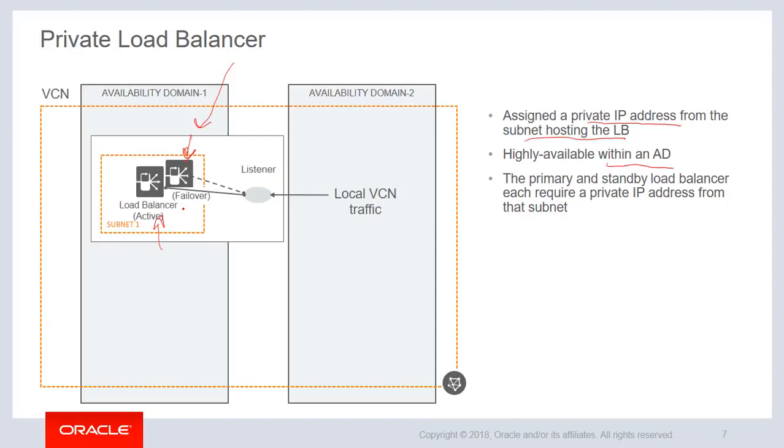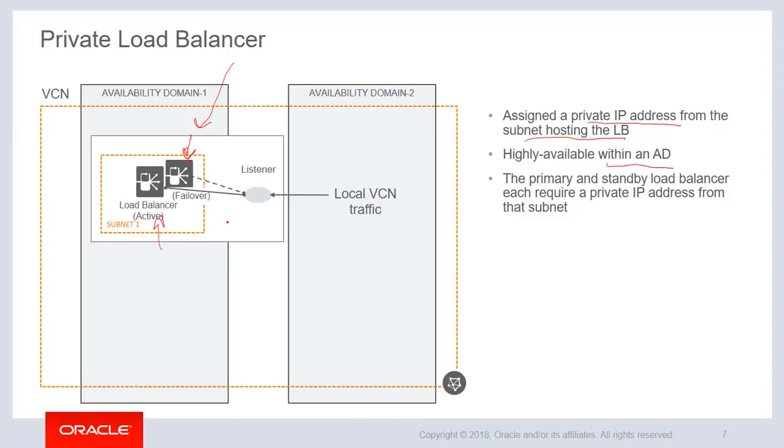The use of a private load balancer is to balance traffic between the different tiers of your application. So let's say you have a front end, you have a database, and you have an application tier. The private load balancer can be used to balance the traffic between the front end and the app tier, and the app tier and the database tier. And you don't have to have a load balancer in both those places. You could have a private load balancer in just one place, but the idea is if you have multiple application tiers and multiple front ends, web tiers, you could use a private load balancer to balance and manage the traffic between